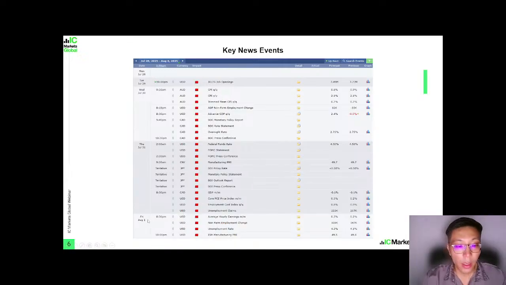And then lastly for Friday we have USD non-farm employment change and then USD unemployment rate. So we have NFP, and this NFP on the first Friday of every month will create a lot of volatility. As we all know, it will easily move 100 pips for gold or any USD pairs. And then we also have USD ISM manufacturing PMI news.